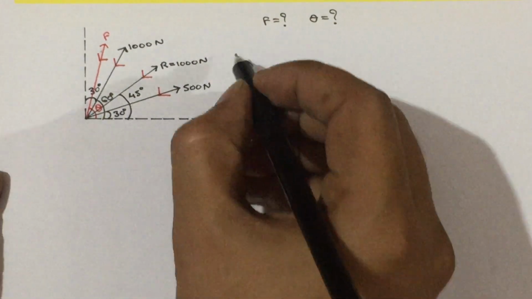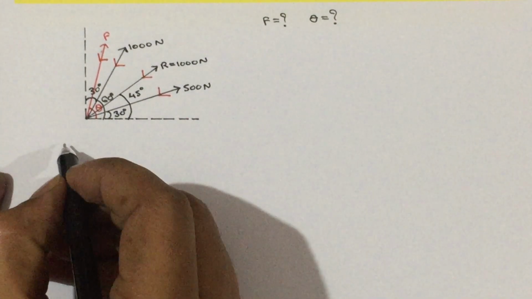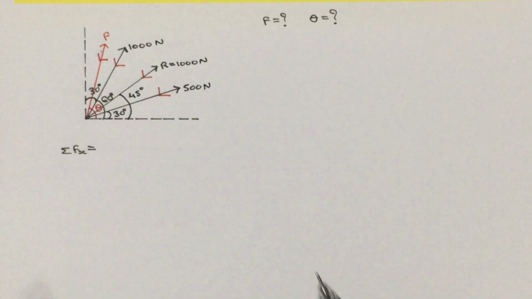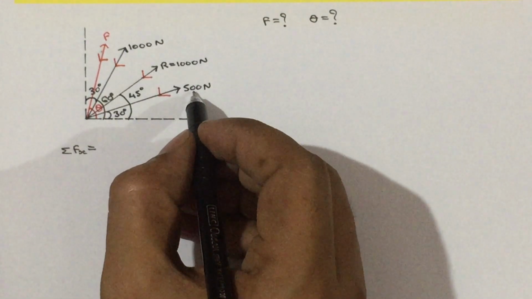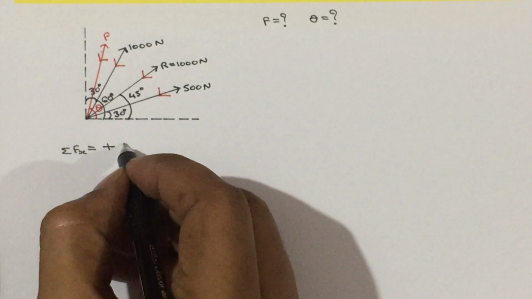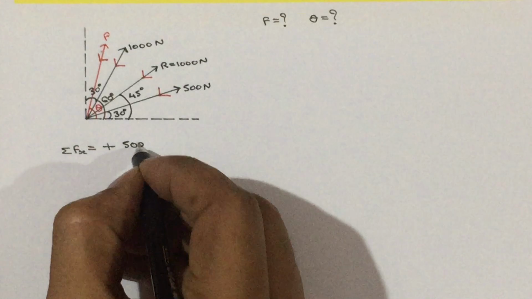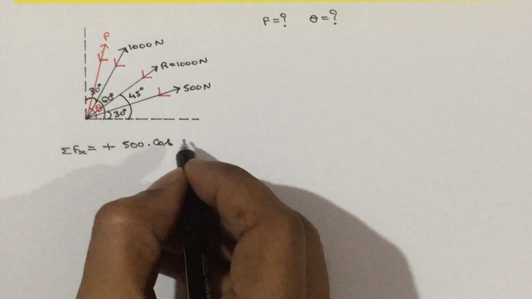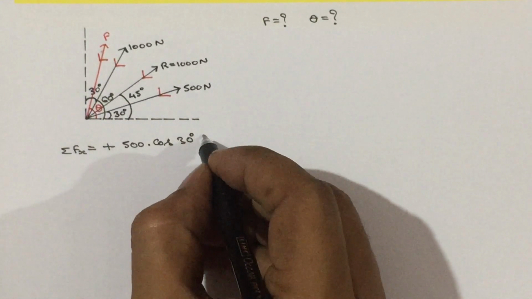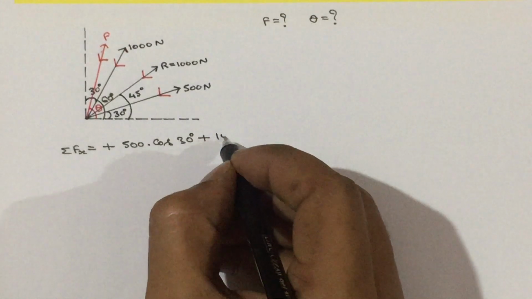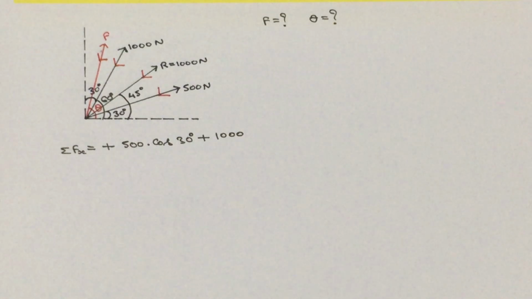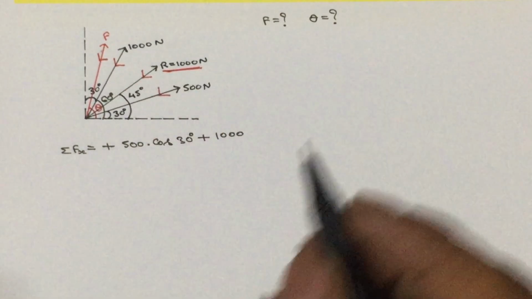So, sigma fx will become, I will calculate it here. It is only the horizontal force and horizontal component. So, 500 horizontal component, it is moving rightward, plus. Component is F cos theta, that is 500 into cos of horizontal angle 30 degree. Vertical component leave it. Horizontal component rightward positive, component is 1000, sorry, here R is the resultant.